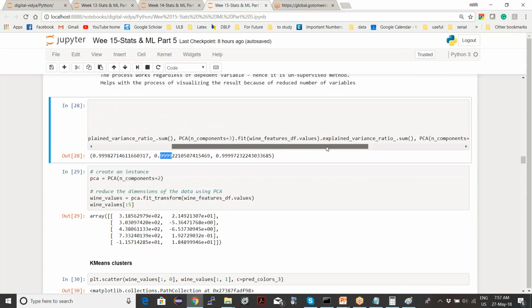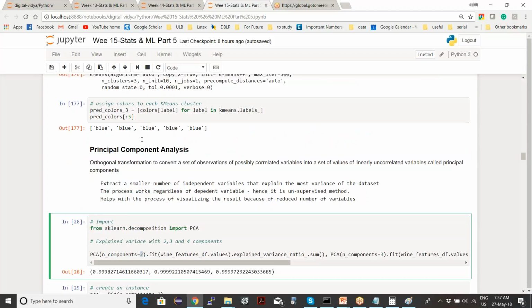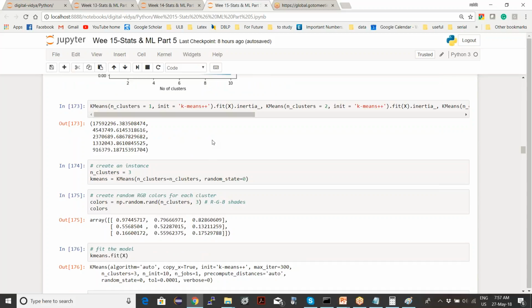If you convert it into four features, it explains around 99.997%, a bit more. But even two features is good enough: 99.98% of your data is explained using just these two reduced features. From 12 features, you reduced it into two features, not by dropping something, but by combining them from a 12-dimensional space to a two-dimensional space.